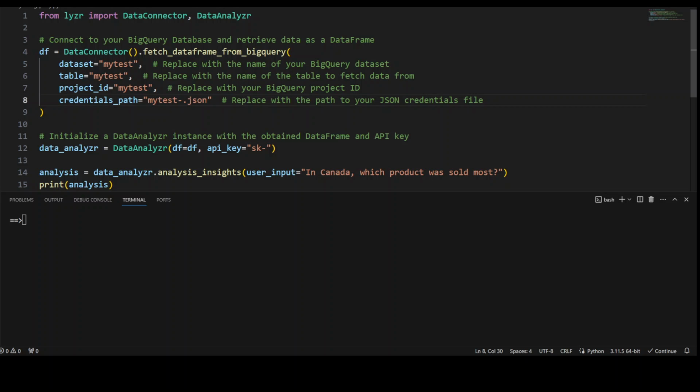I have removed it just to show you, otherwise it is already set in this Python code, and this is a very simple Python code. Before you start using this code, you need to install the Lyzr SDK. So for that, do pip install Lyzr, and that's all you need to do, and it will install the Lyzr SDK here. You would also need to install Google